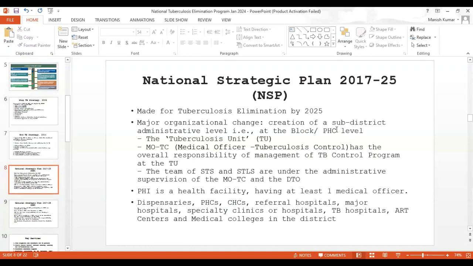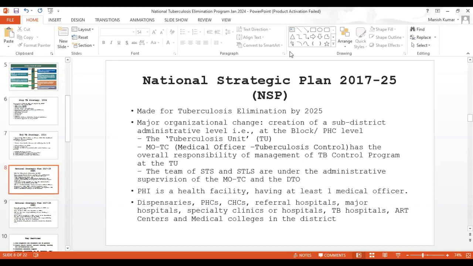We will be talking more in detail about the National Strategic Plan, that is the second strategic plan, which is still in existence, and is supposed to run till 2025. So this was made for tuberculosis elimination by 2025. The major organizational changes under this national strategy were the creation of a sub-district administration level. So if you look at the previous history of TB in India,